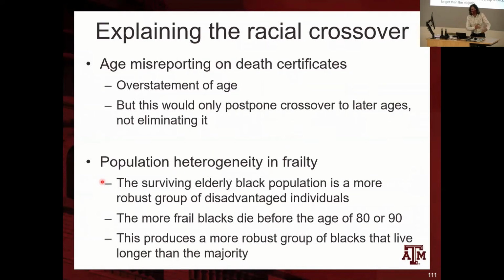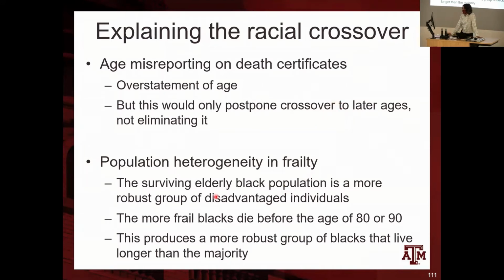What are the possible explanations of this racial crossover? The same as the possible explanations about the Hispanic paradox. Maybe there are methodological issues, data issues. Maybe there is age misreporting on death certificates. The same way as for the Hispanic population, maybe there is some overstatement of the age at which African Americans are dying. But this would only postpone the crossover to later ages. We would not actually eliminate it. And there is also population